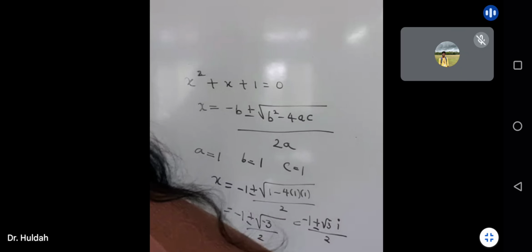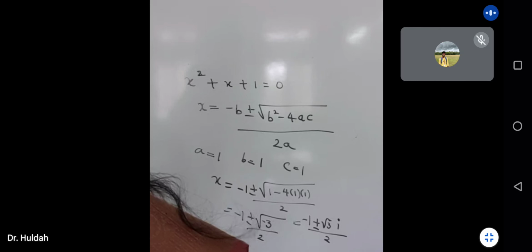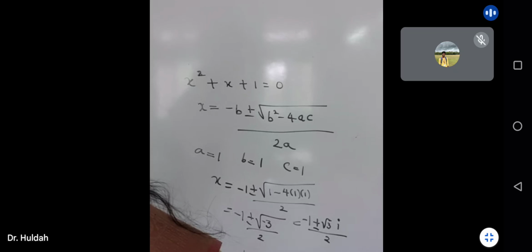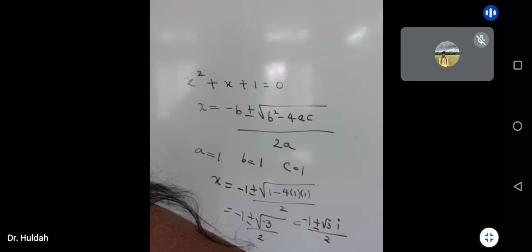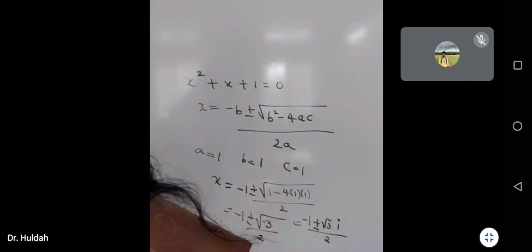All right, so two ways of solving. One is factorizing. If you're able to find two numbers that give the product and the sum as in the equation, that's called the factorization method. If you're not able to factorize, then use this formula. In those cases, you will get imaginary roots or irrational roots. Irrational means numbers like square root of 3, square root of 4, 5 and so on. So mostly only when you're not able to factorize, we use this formula. In that case, your answer will be imaginary roots or irrational roots. Is that okay, children?